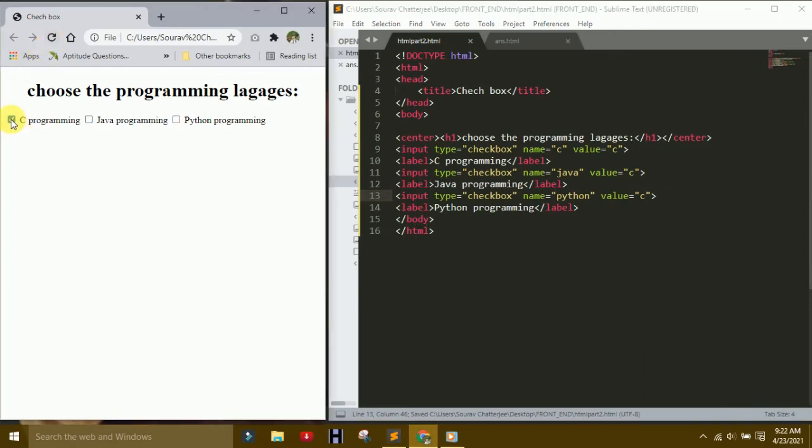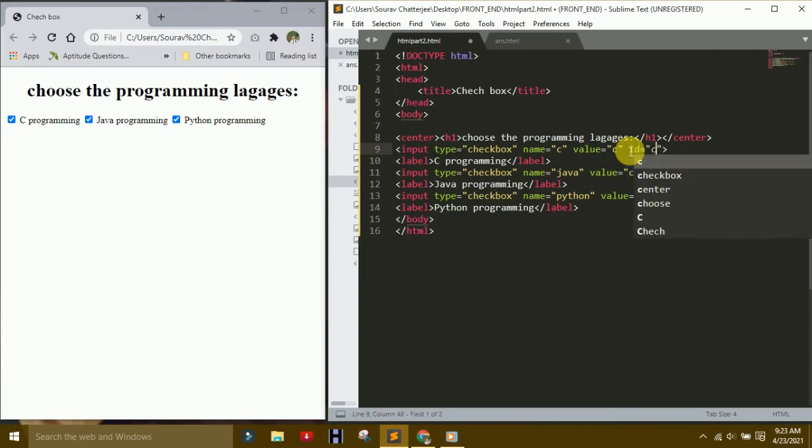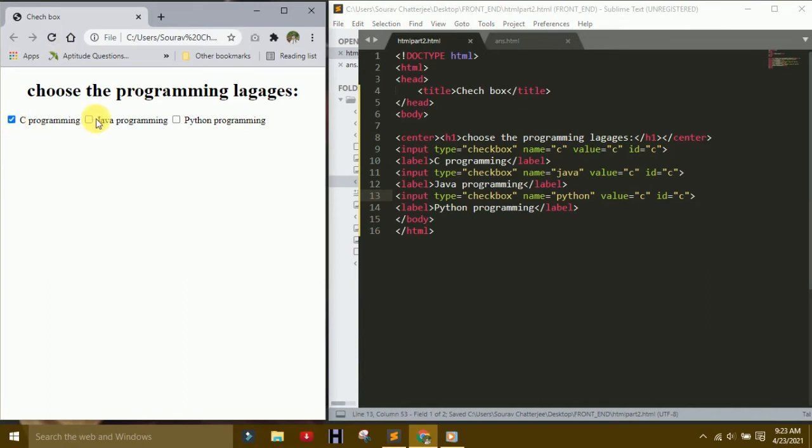Save it. If you right click here, there is no change, because if you use ID, ID is C, also ID C, also ID C. Save it and run it. Right click here, right click here, and right click here. So now there are no changes. So if any user doesn't miss out, take the changes.